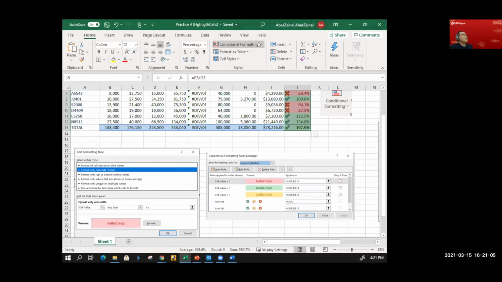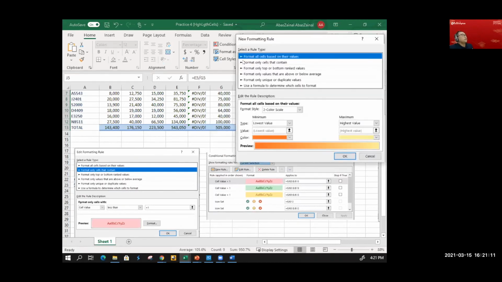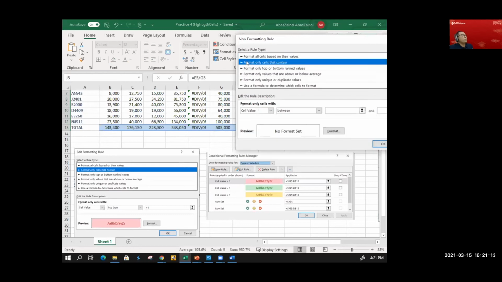Where can you find this? Under conditional formatting, you click new rule. Under new rule, go to "format only cells that contain." In here, the first line, you need to select cell value, then use the drop down menu, click less than, and type equal to 1.